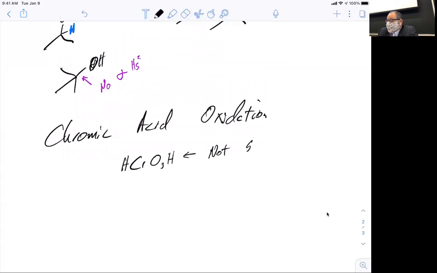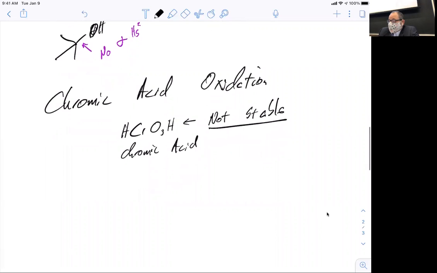The problem with chromic acid is that it's not stable. So therefore, we need something that is stable, that can make chromic acid in situ. So what we're going to be looking at is two sets of reagent. One is going to be potassium dichromate